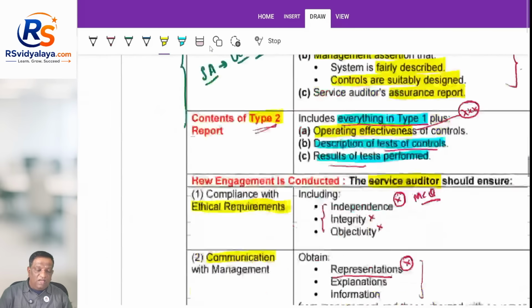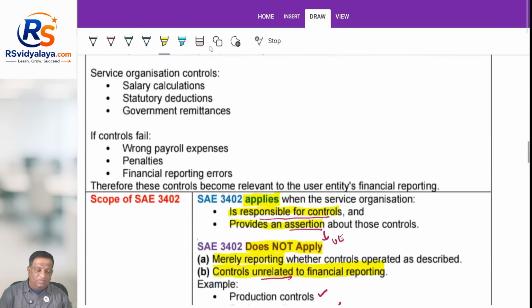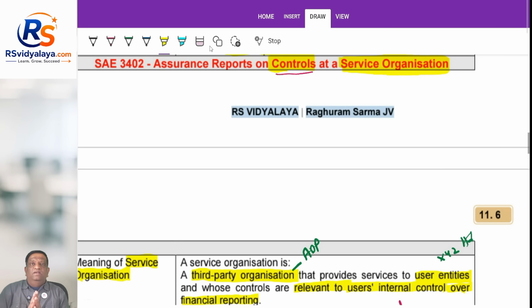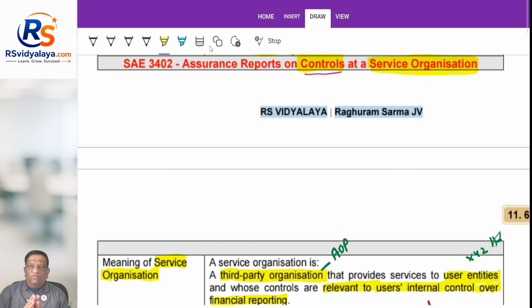Now, I will quickly do the 5 minute wrap up, so that you can consolidate your understanding. In this standard, point 1, to reassure, we are not talking on the statutory auditor of the user entity. If it is about the statutory auditor of the user entity, we would have complied with SA and not SAE. So, whenever we are talking about the auditor, who is the auditor we are talking about? We are talking about the auditor at the service organization.